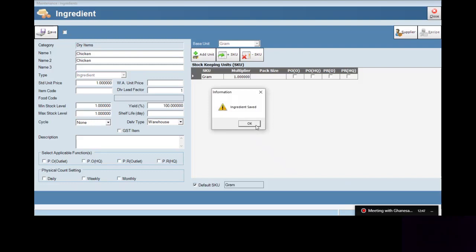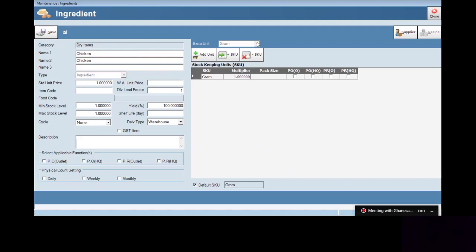Why am I asking that? Before that, we just click on ingredients and save. The three things to key in are the ingredient name, the type, and the base unit. Once you save, you can see the ingredient and the gram base unit, but you can't edit them anymore. Even if you click here, it won't function.